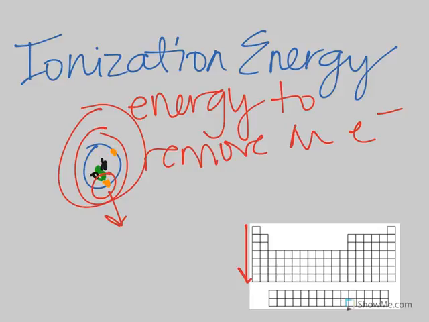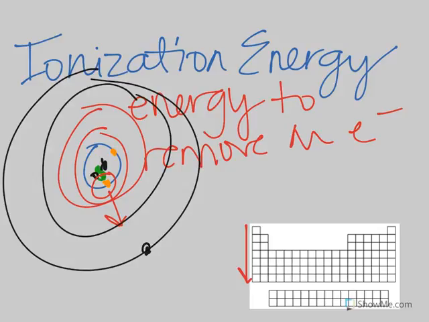So the further away an electron is from the nucleus, so the greater the number of energy levels, the harder it is for a nucleus to hold onto it tightly, meaning that it wouldn't be anywhere near as hard to remove this electron as it would be to remove this electron. So that being said, this would have a low ionization energy